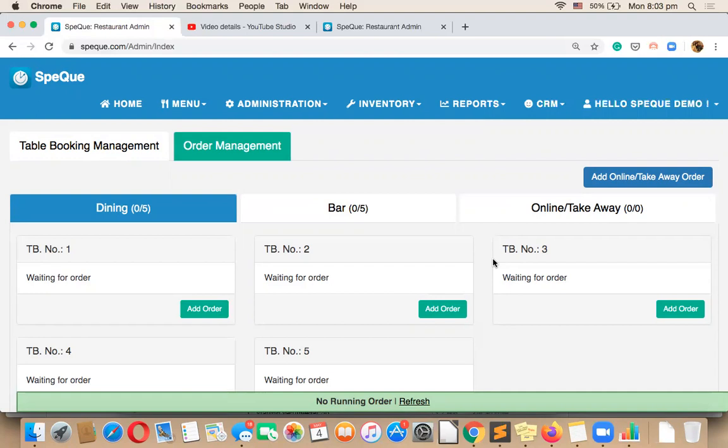So as you saw, right from the complete billing for a customer, to generating reports, to collecting their feedback, to doing the inventory management, adding recipes, and keeping a check on inventory, to running loyalty programs with automated birthday alerts for customers, SpecU provides a completely integrated system, which adds great value to your business. It's a completely cloud-based system.